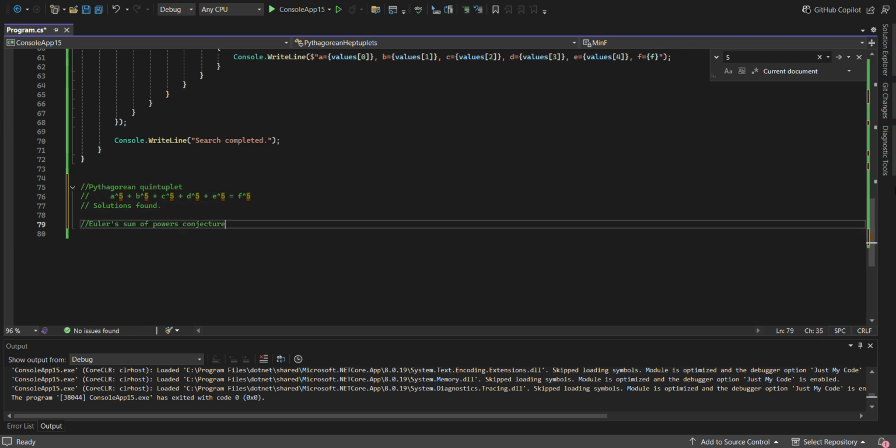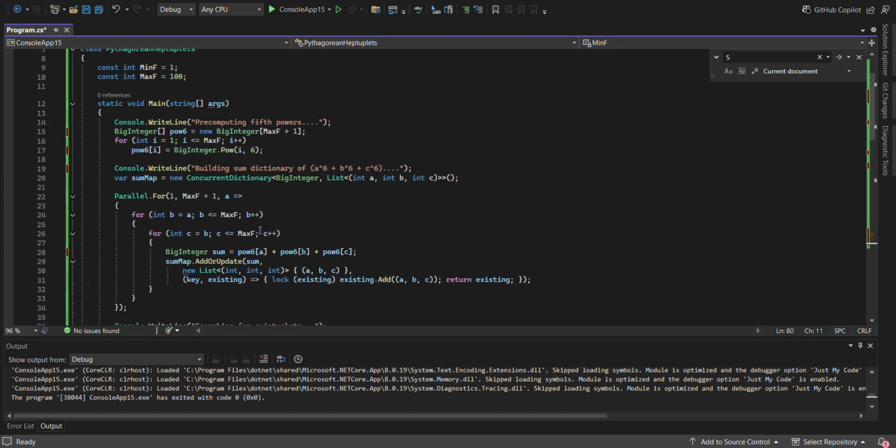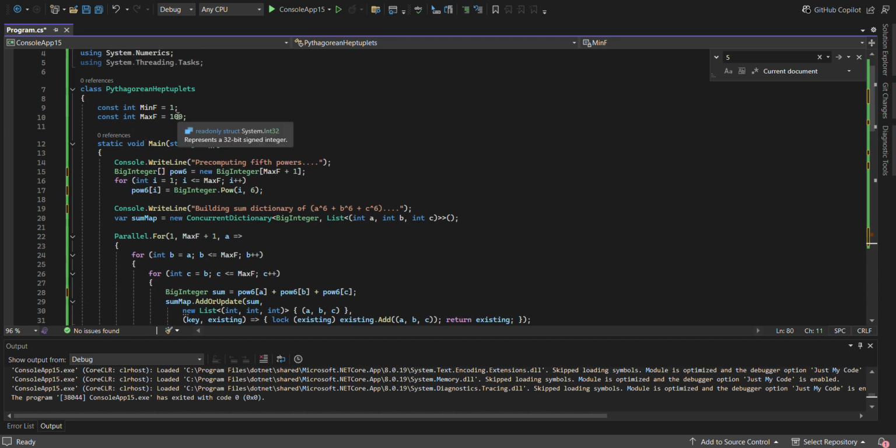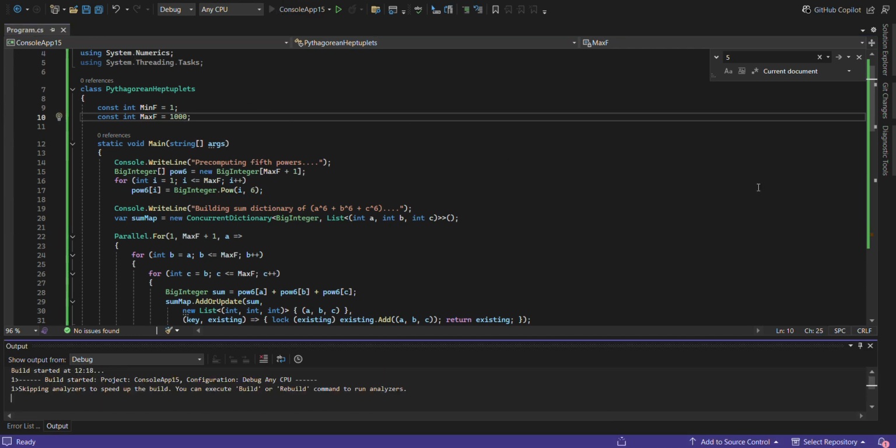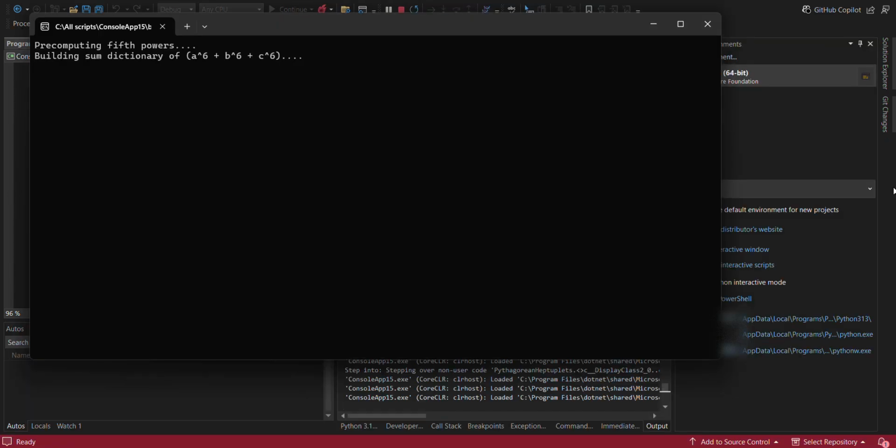So this is still a quintuplet, but these aren't Pythagorean quintuplets. They're simply raised to the power of 6. So it doesn't matter. Euler's sum of powers conjecture has been disproven, but let's see how far we can take this. So let's go. I want to try and speed things up a bit here. Okay, let's run that. And let's see if we get anything, which I doubt, because this is a very large